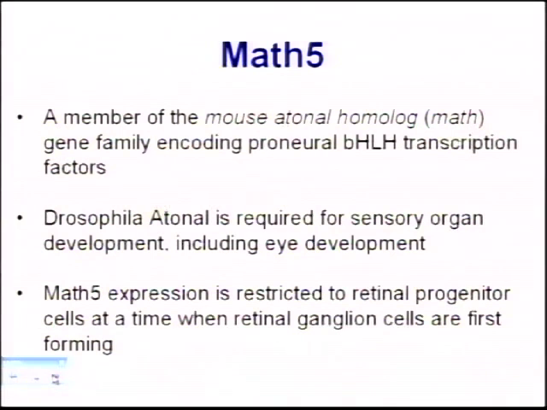So years ago, Nadine Brown in Tom Glaser's lab at the University of Michigan and Lynn Gan in my lab at MD Anderson found that the expression of MATH5 coincides very strongly, or correlates very strongly, with when retinal progenitor cells commit to ganglion cells. So we thought that would be a good gene to knock out and see what the relationship was of MATH5 to ganglion cell development and also to Brn3b, POU4F2.